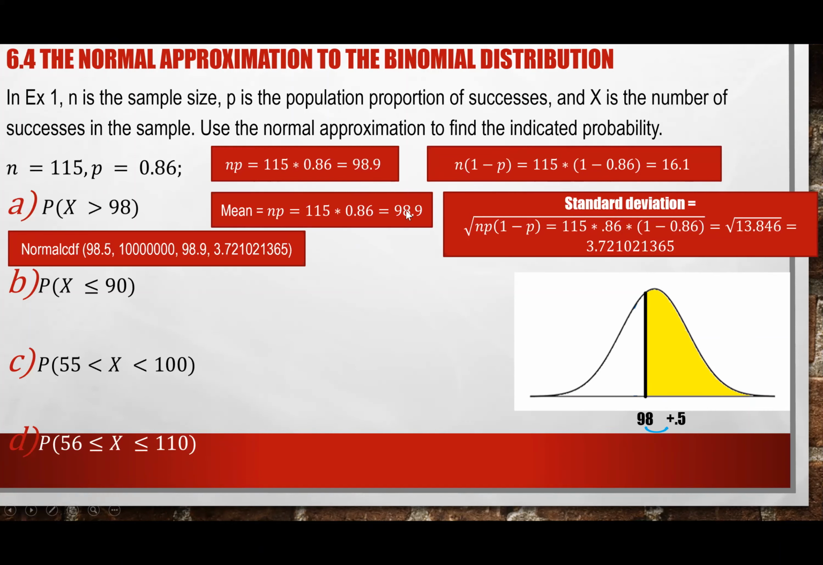And my mean, what is my mean? My mean is 98.9, and my standard deviation